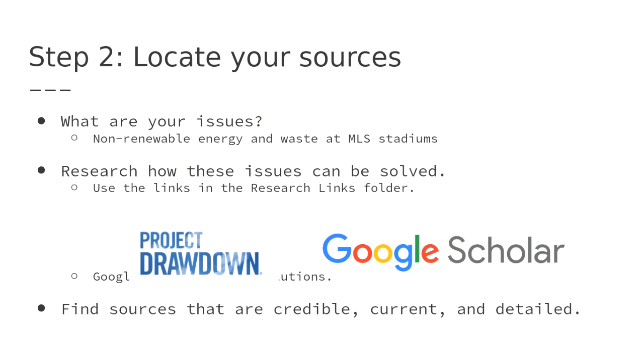From there, you need to start locating your actual sources, because the primary research we did was just to see what kind of issues or kinds of solutions are out there already. But we need to delve a little bit deeper, right? There's a few ways we can do this. Particularly, we can research how these issues can be solved by using the links in the research links folder, or we could also continue on with a site that we had before that has a good lead, and we can find a site that leads us to a better article from there. So particularly what I want to go back to is one of the links that I showed y'all before. It was this one right here.